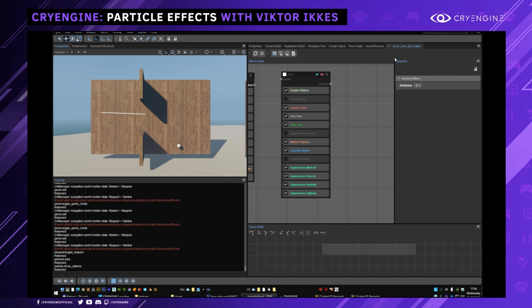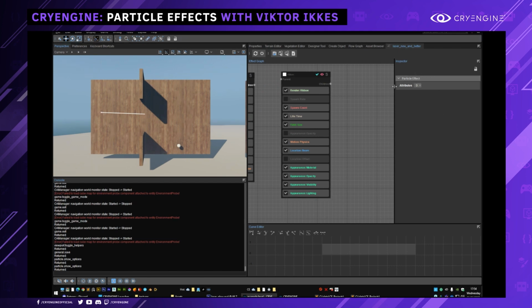So in the particle, when you go into the show effect options, if you're missing that, basically you're missing a toolbar here. So just get the toolbars, get the effect and library toolbars in. So if you go there, in the inspector you can see the attribute, and you can just add an attribute. Now you would say, okay, we want to switch colors, so I'm gonna create a new color attribute. And it is one way to do it,